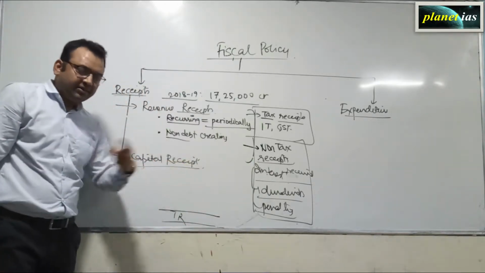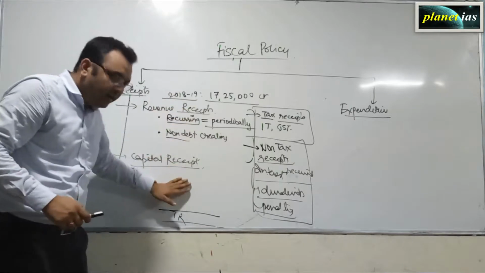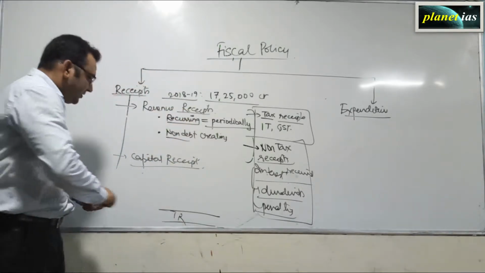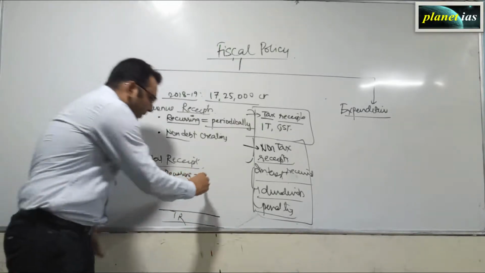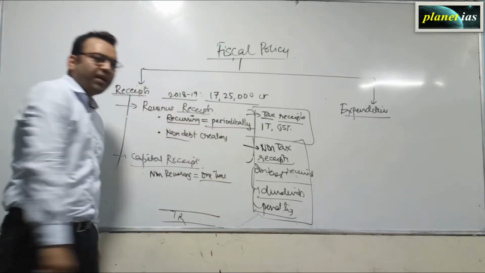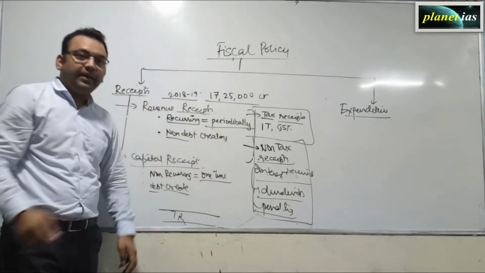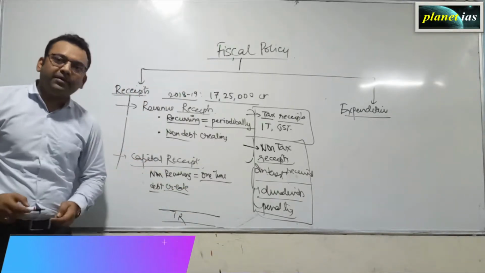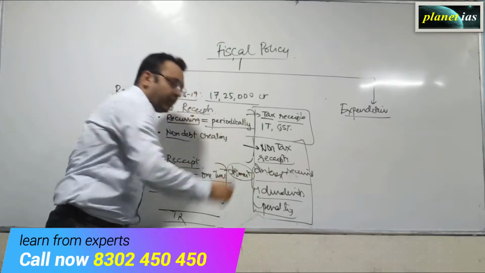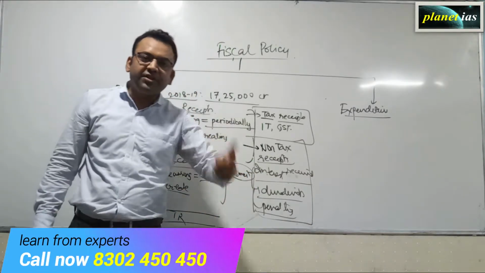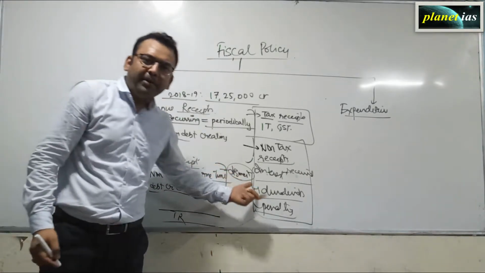So what are the capital receipts? Now let's see. Those receipts which do not come here come under the capital part. For example, the receipts which are non-recurring in nature. It means it may be a one-time receipt of the government, and the receipts which may create any debt to the government comes under the capital receipt. For example, disinvestment, which is the sale of the government shares in the open market, is a receipt of the government which comes under the capital receipt.